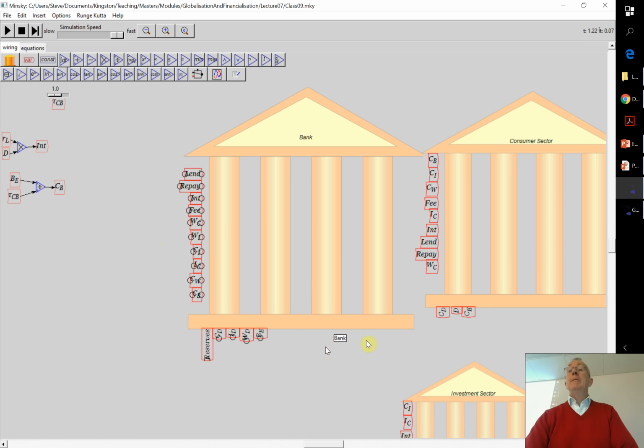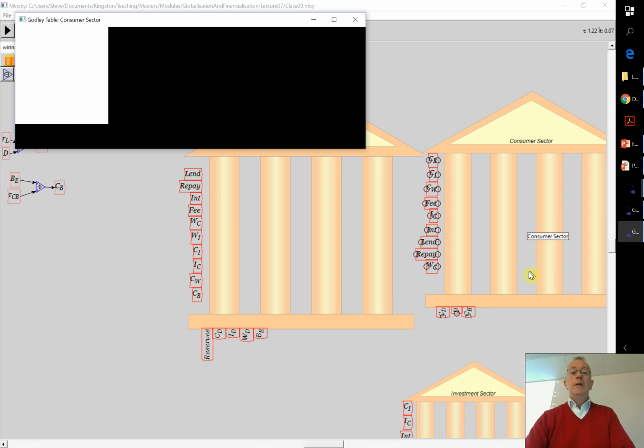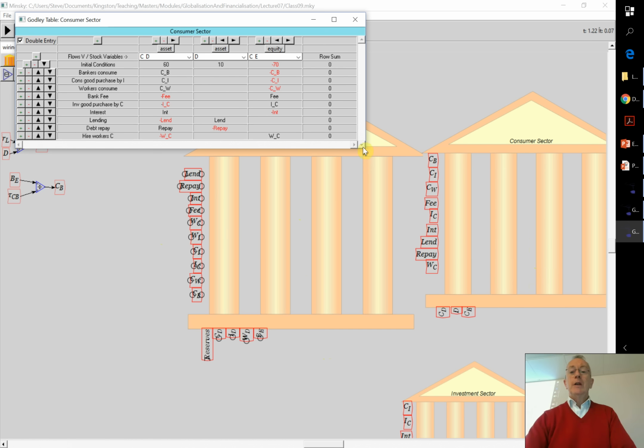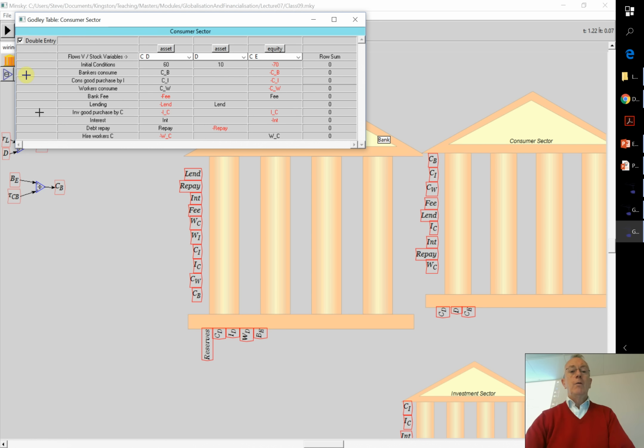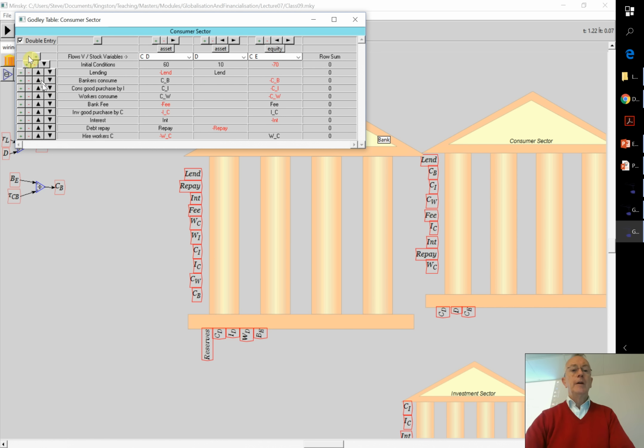You remember that when Minsky transfers the values across to another table, it doesn't necessarily put them in the same order that they started in. So interest, lending and repayment are all down here. If you want to move things around, just use the arrow keys, one press at a time, and you move all the operations up. That's putting lending up the top of that, and I'll do the same for interest and repayment.